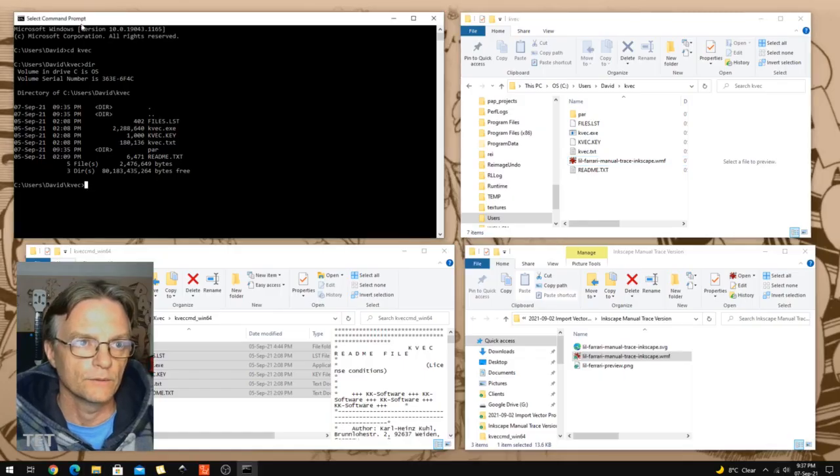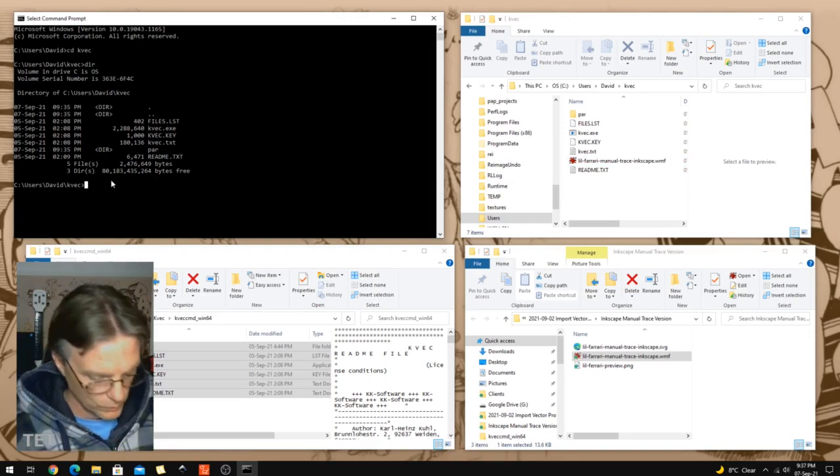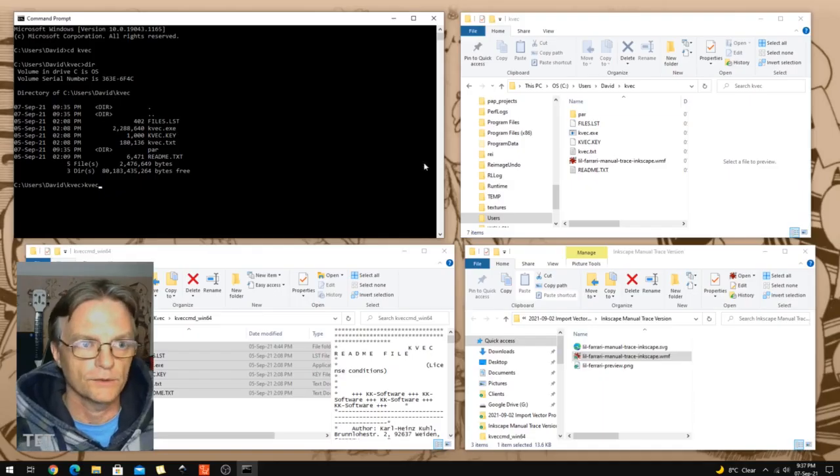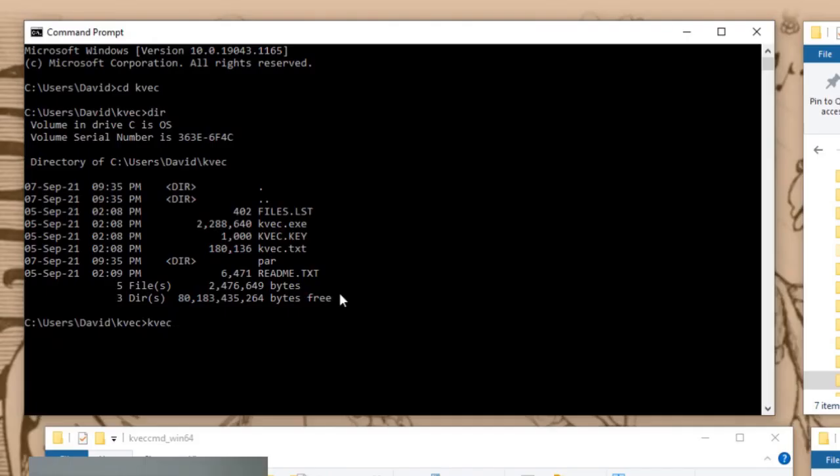Now in the command prompt window, all we need to do is type KVec, which is the command, and what that does is basically call the kvec.exe program, do space, and then do Control V for paste to paste the name that you just copied. So there you go, that's our file name that I just copied from over here. Do another space,